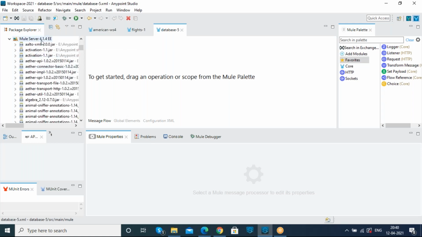Mule Server 4.1.4 Enterprise Edition jar files act as dependency files in order to deploy our project. Since we are not going to download any local servers, these jar files act as dependency files in order to deploy our project internally.